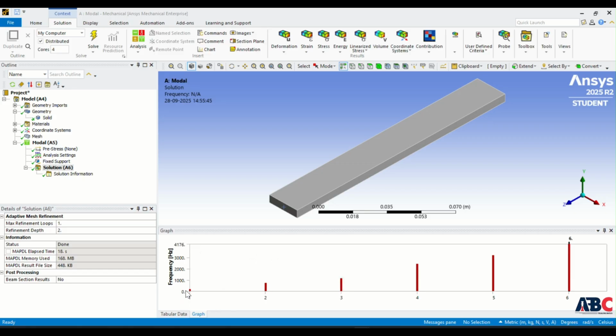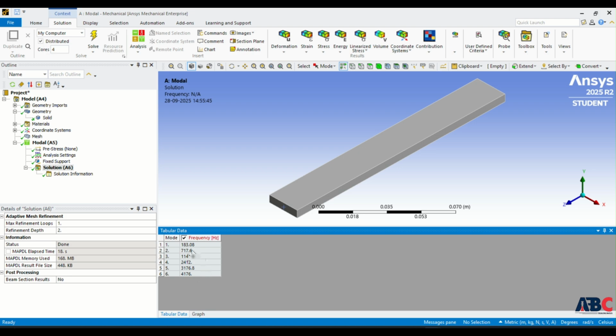Now the solution is generated. Now in the graph here you can see the frequencies of the 6 modes. So we can see how much frequency is obtained for each mode. For the first mode it is 183.08 Hertz, and for the second mode 717.6 Hertz. Now we have to convert this frequency into the deformation, because we have to find the deformation of each and every mode. So for that purpose we have to click on